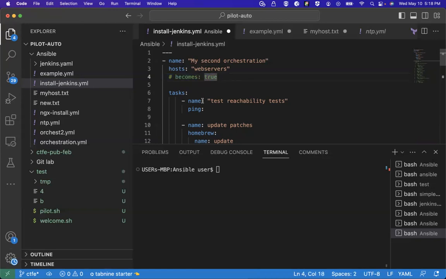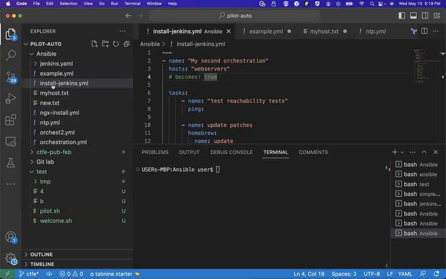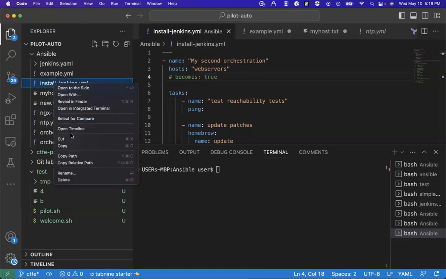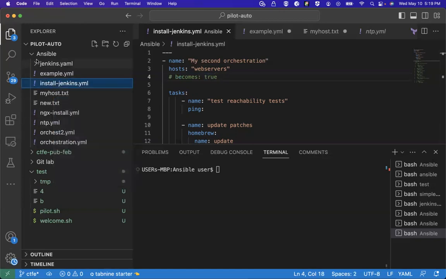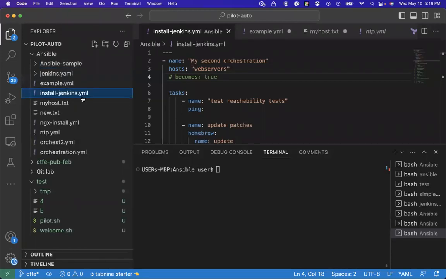So let's take it here. Now I save this and I open this playbook. Or let me make it neater. Let me open a fresh folder, say Ansible sample as a folder.